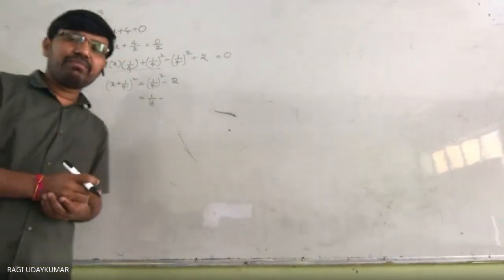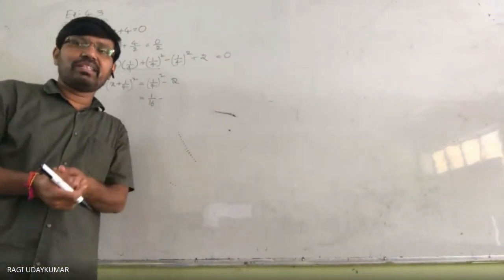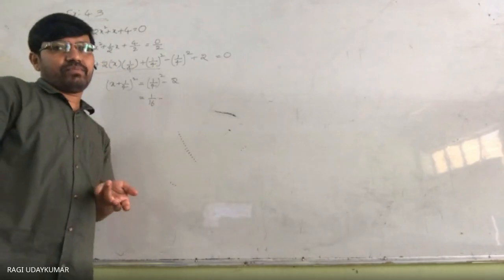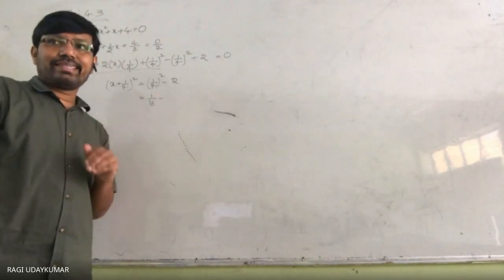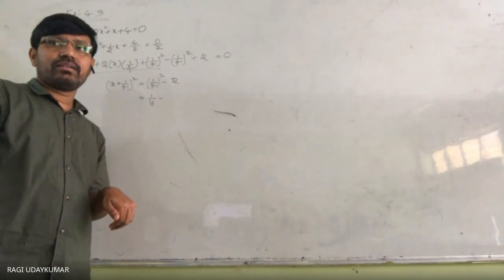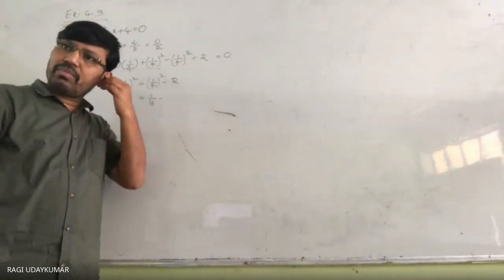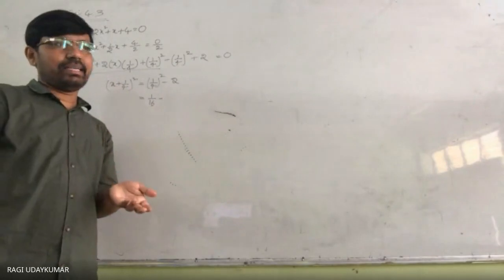So here, whenever you are taking completing square method, before going to do the completing square method, whether the roots exist or not, you need to check. So how do you check here? Sir, by finding the discriminant. Formula D is equals to b square. Yes, we call the discriminant, that is b square minus 4ac.